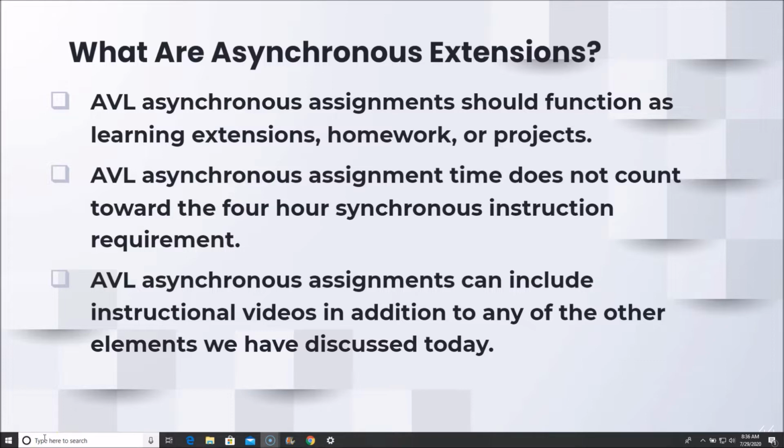Alvin Virtual Learning asynchronous assignments should function primarily as learning extensions, as homework, or as projects. These are activities that you want the students to complete that don't require interactivity with you. They don't really benefit from your presence. They're practice or work that the students can do completely independently, and it is important to remember that they will